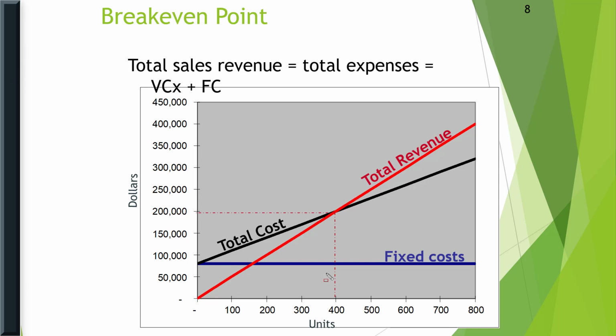The total cost curve and total revenue curve intersect at a point. That point is actually called the break-even point, and there is also the profit area and the loss area. That is, if the total cost is greater than the total revenue, it will create a loss, and if the total revenue is greater than the total cost, then it will generate profit. So this is how we can present the profit area and loss area in a CVP graph.